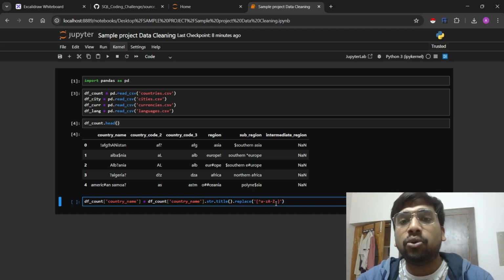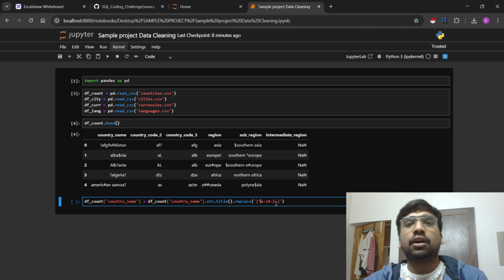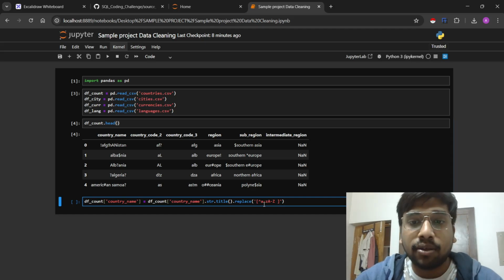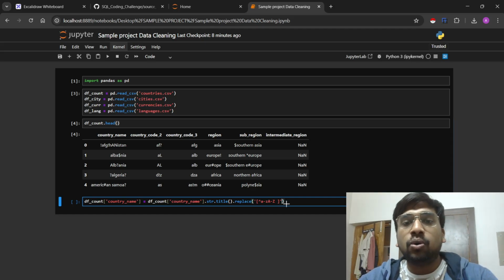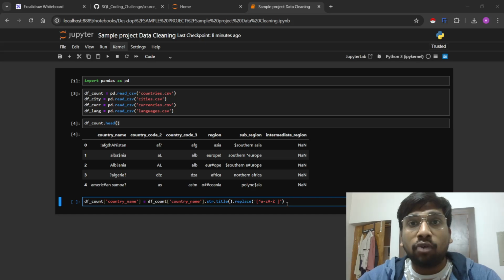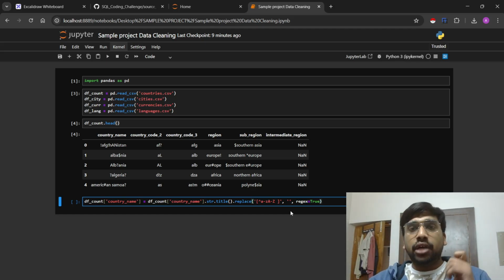If you want to write 2 to the power 3 in a computer, we type 2, then we put this symbol, and then we put 3. Okay, so now we have mentioned what we want to replace. We want to replace it with nothing, so just these double quotes, and then we will write regex equal to true. This is the important part because this establishes that there is a text pattern, and this is the text pattern that we want to keep.